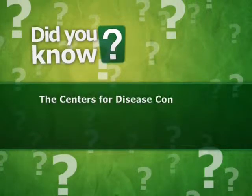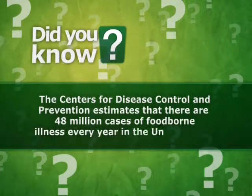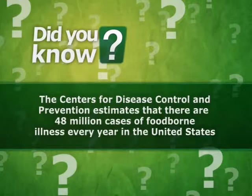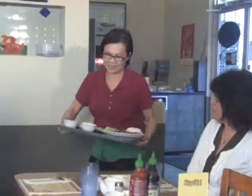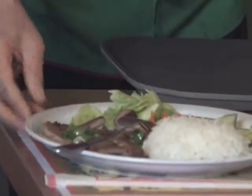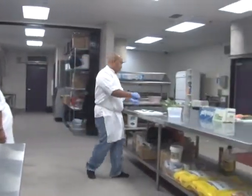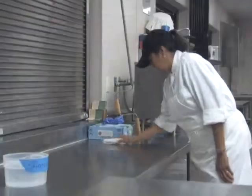The Centers for Disease Control and Prevention estimates that there are 48 million cases of foodborne illness every year. Understanding these 5 major violation categories will ensure the safety and quality of your food as well as the health of your customers. Remember, it is the responsibility of every person that works at a food facility to reduce the